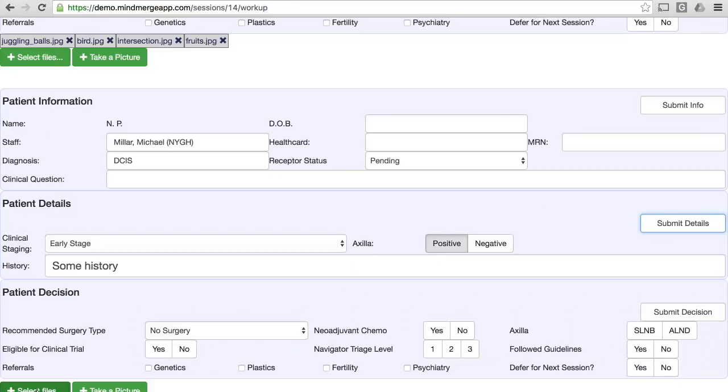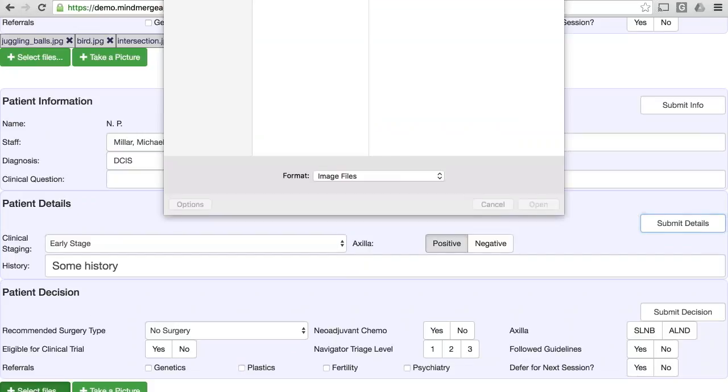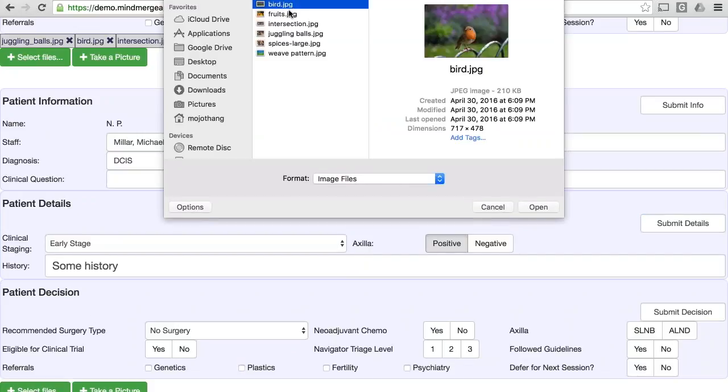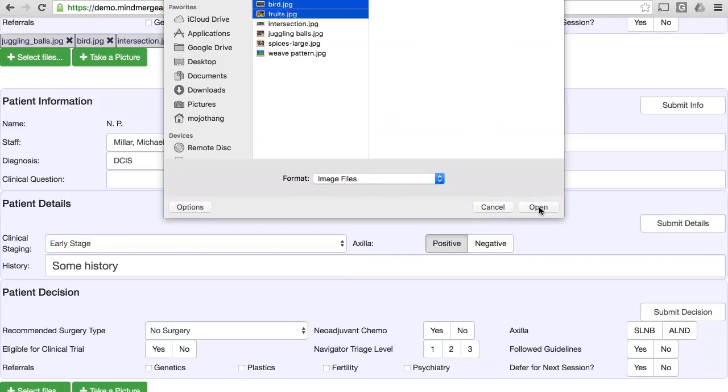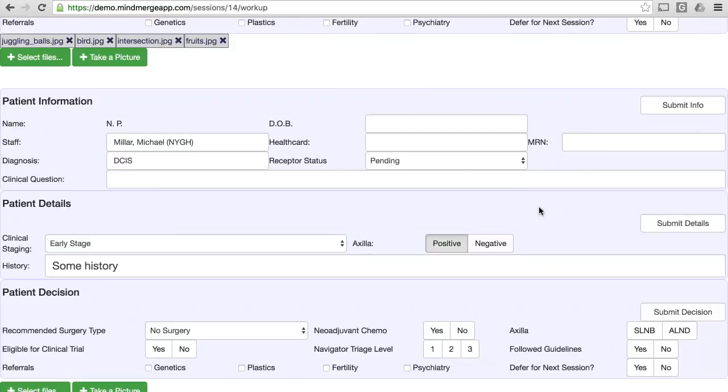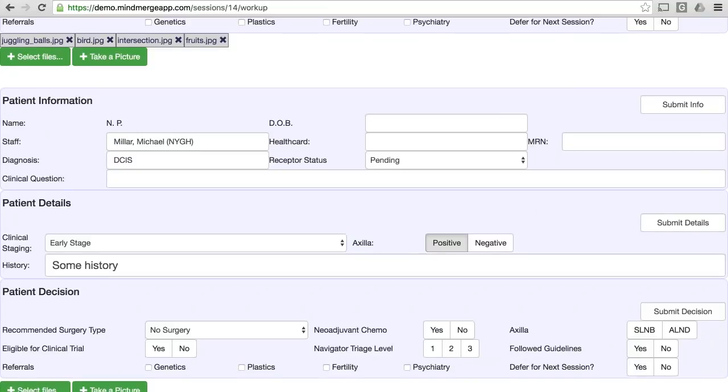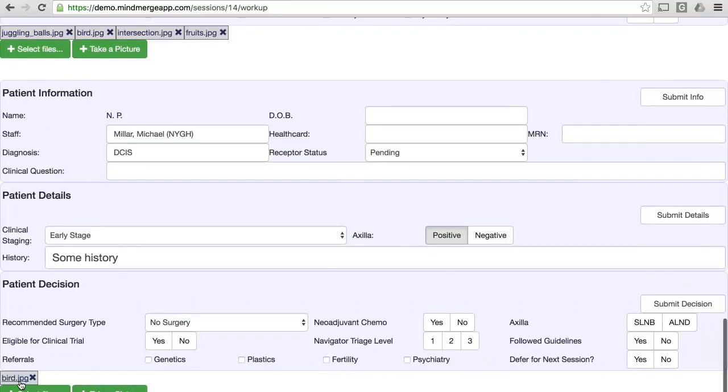Now, what I'm going to do is select a few files that I want to upload as photos. Alternatively, you can simply take photos using your iPad or whatever mechanism that you have and upload it at that time. Once the pictures are uploaded, you'll notice it'll add different little gray boxes here indicating that you successfully uploaded